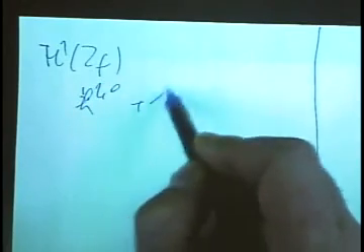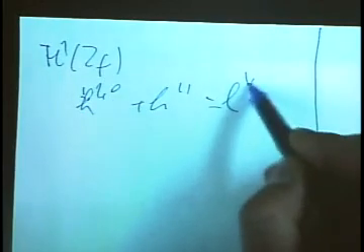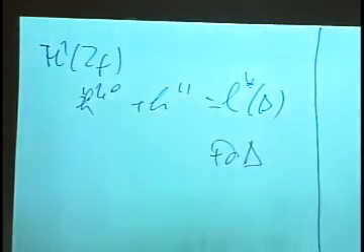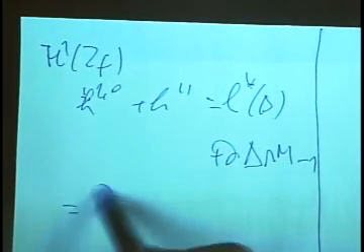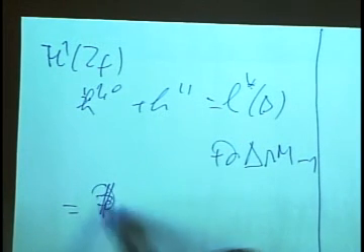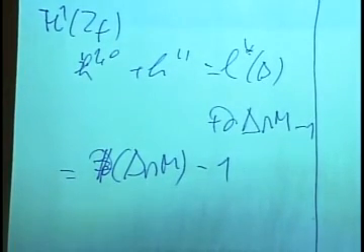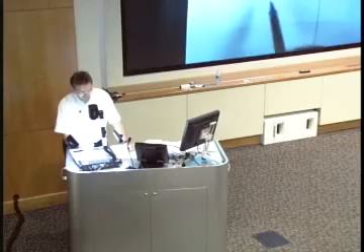H10 plus H11. This will be one dimension. So it will be the number of lattice points in the polytope plus the number of lattice points in the boundary of the polytope, or minus 1. So if you compute it, it will be the number of lattice points in the polytope, minus 1. But this is closely related to the dimension of